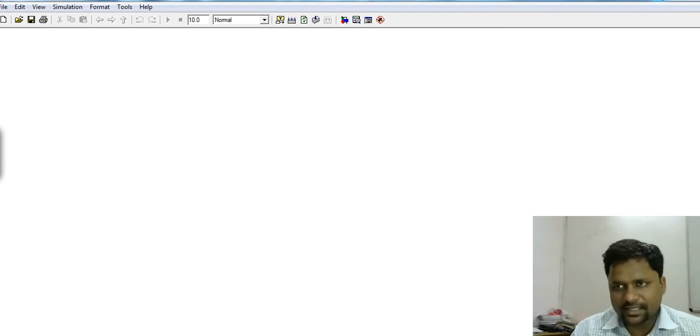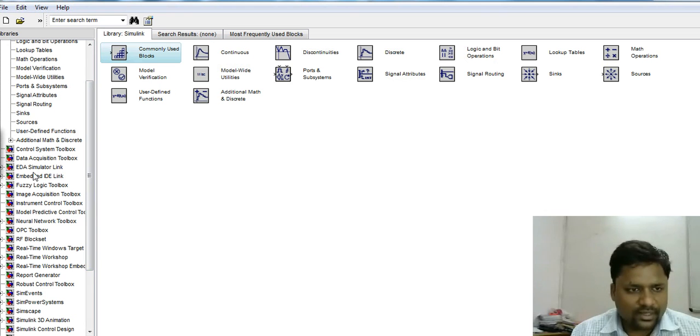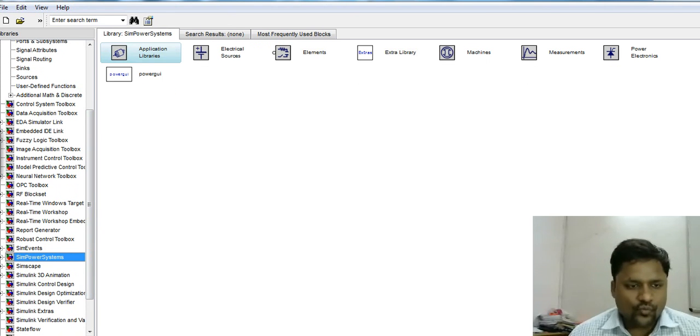So let us minimize it and come to the library box. On the left side, we can see there are so many options like control system toolbox, data acquisition toolbox, and instrumentation toolbox, but our concern is only the Simscape power system toolbox. Simscape power systems is basically defined for electrical engineers and for power electronics and machines.